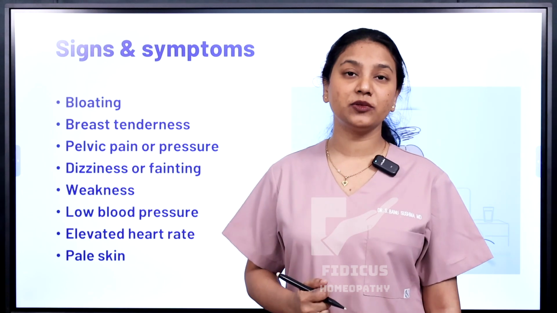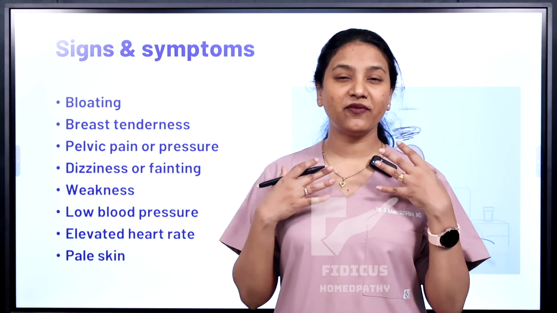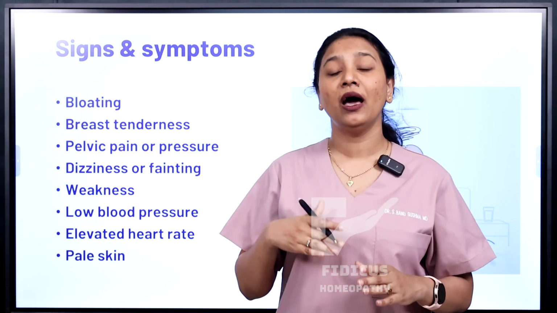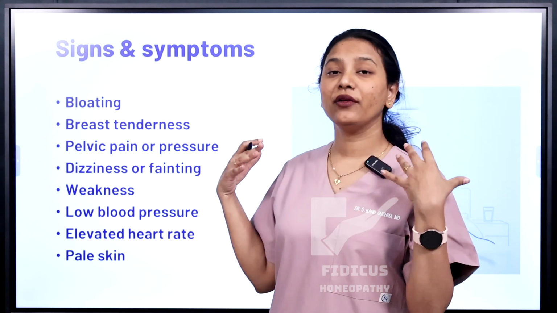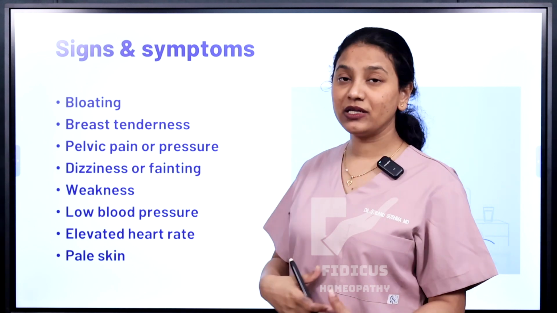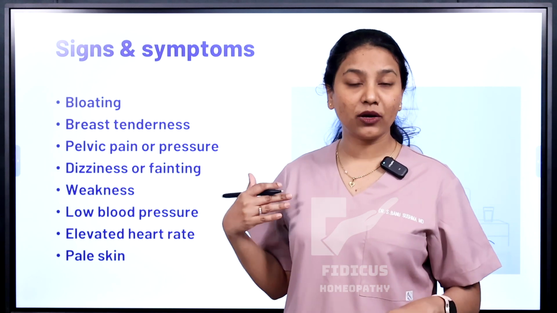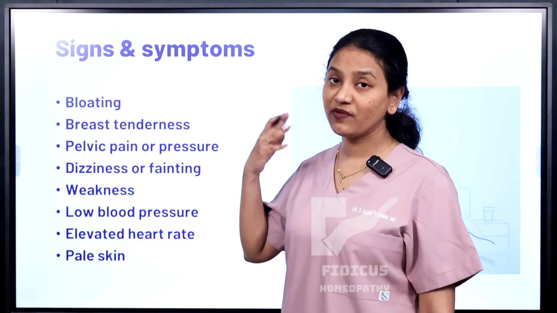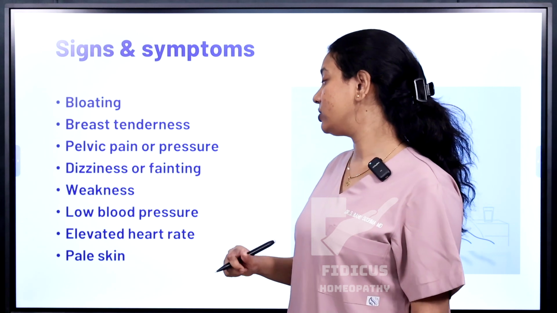What are the other signs and symptoms associated with it? Bloating. Remember, bloating is a common problem. Many people feel bloated. They have puffy eyes, a puffy face just before menstruation, and it usually decreases after menstruation. So if you're having a puffy face or puffy eyes and feeling bloated throughout, and then there is breast tenderness, pelvic pain, especially in the lower hypogastric region, extending to the thighs or extending to the back, or you're having backbone problems while you're menstruating, dizziness or fainting because of prolonged menstruation, weakness because of prolonged menstruation, low blood pressure, elevated